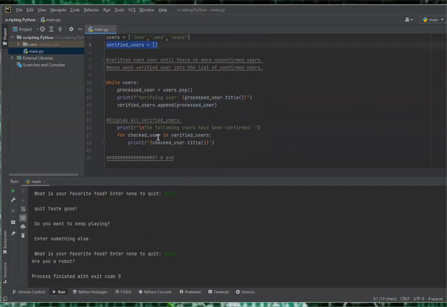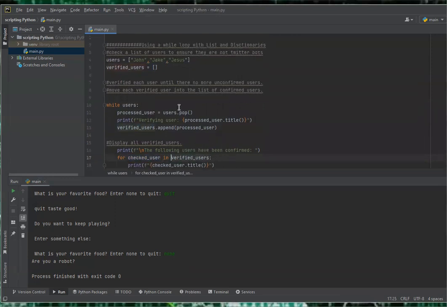And then we're going to display saying the following users have been confirmed for checked users. You could put for checked users, you can put for verified users, whatever you like to input here. I probably wouldn't use verified users because you use it up here. So something other than that for users that we've checked. You can input whatever you want here, right? You can put a letter K, but we're just saying for that value within verified user, right? So within this list that they're now in,